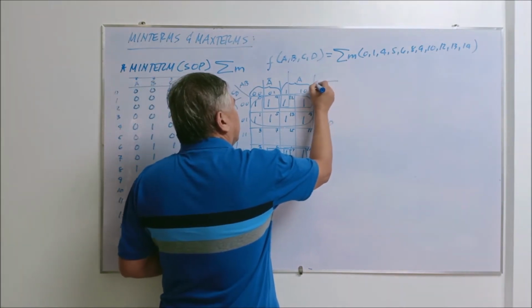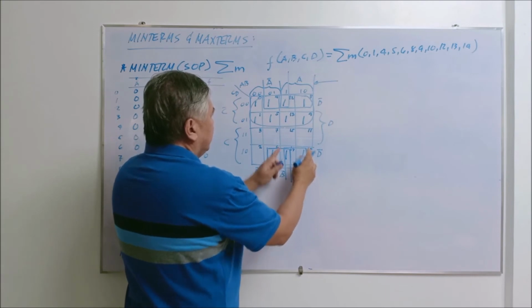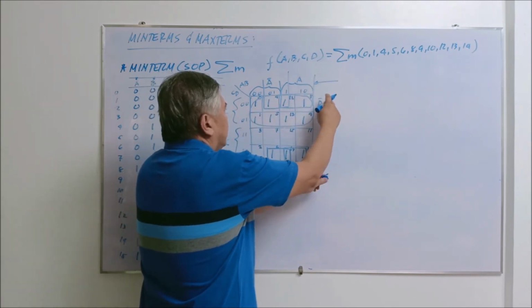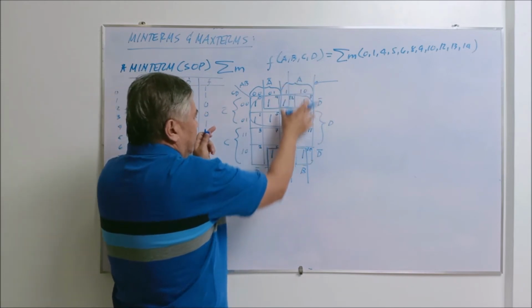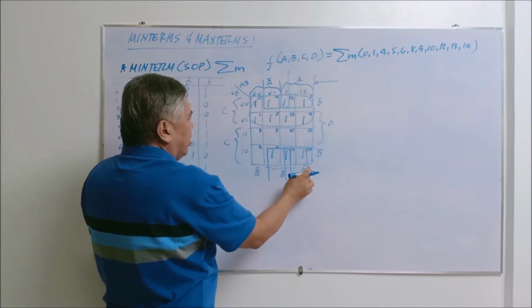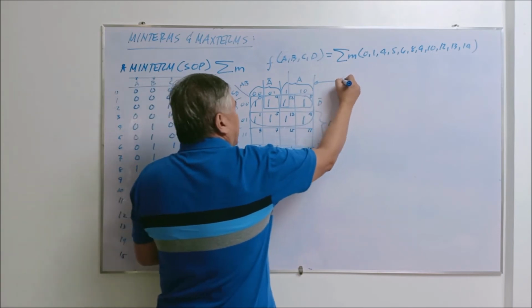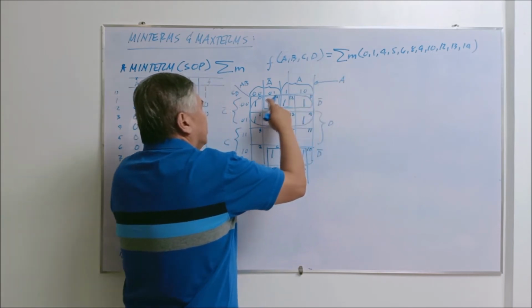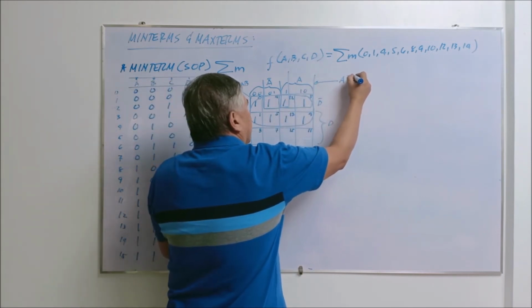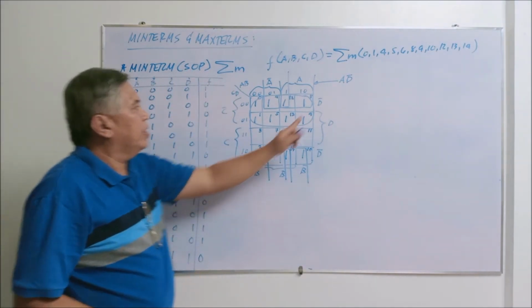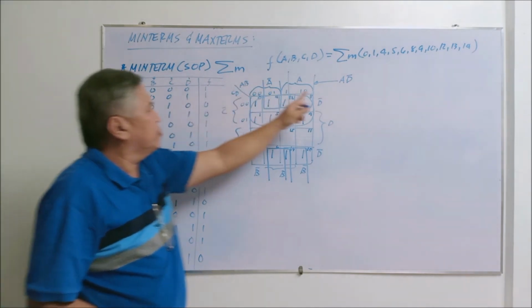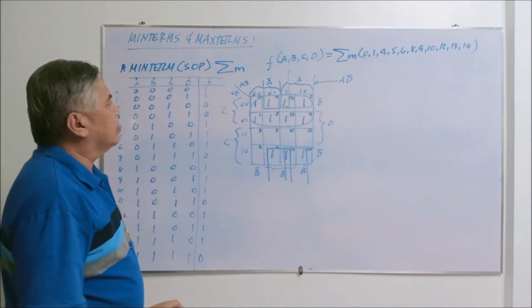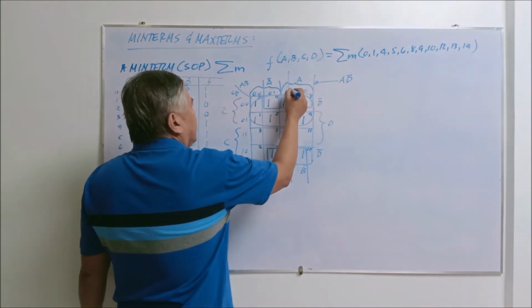This one here, that belongs in this particular area, that is D bar, or this is under A. Okay, this one is under A, and at the same time under D bar. So product term. Okay, SOP, sum of product expression. So you have product term. Then this one here,